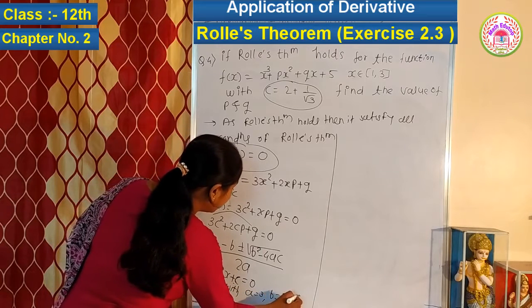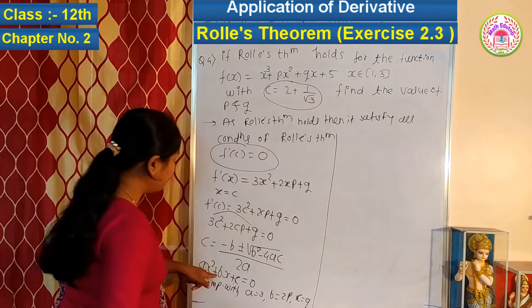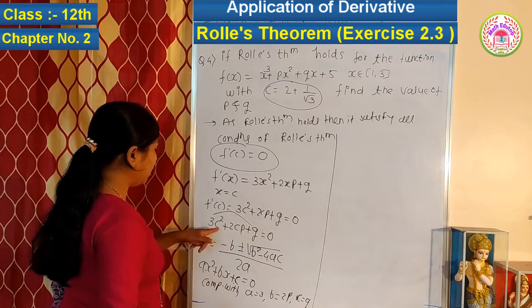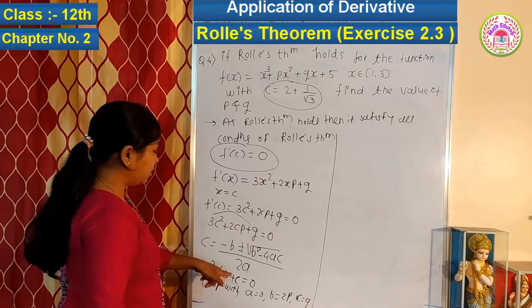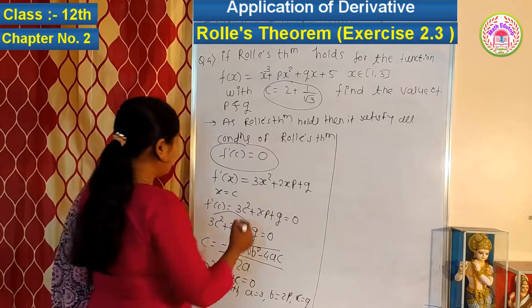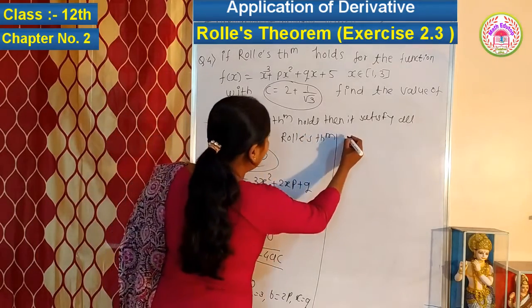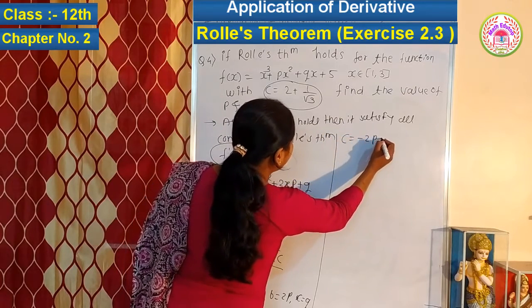2p, q की c की वैल्यू क्या है? q है, c इज इक्वल टू q। जस्ट वी हैव कंपेयर दिस इक्वेशन x square, x और constant coefficient a, b, c है, तो यहाँ पे c square, c और constant coefficient। ठीक है, यहाँ पे इक्वेशन इन टर्म्स ऑफ x, यहाँ पे c के फॉर्म में, देन वी हैव टू सबस्टिट्यूट द वैल्यू इन दिस फॉर्मूला। तो c इज इक्वल टू minus 2p plus minus square